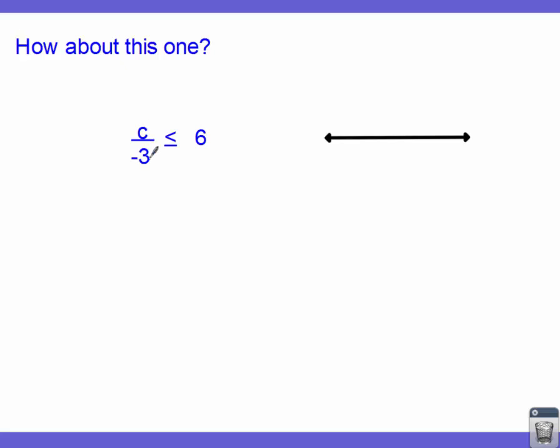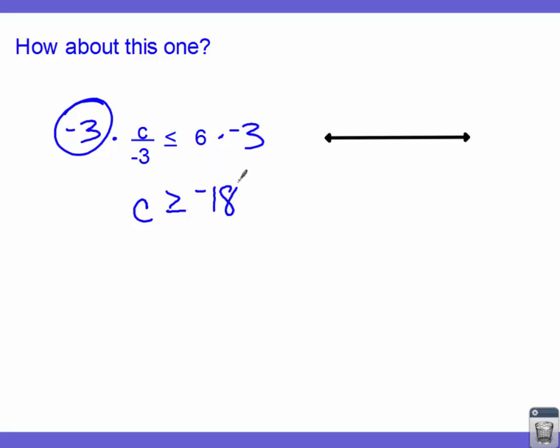We have a divide by negative 3. So to get rid of that divide by negative 3, we're going to multiply by negative 3. If this number right here is negative, this inequality sign is going to flip. So I'm going to multiply by negative 3 on both sides. These negative 3's will divide out, sorry. And this sign right here is going to go from less than or equal to, to greater than or equal to